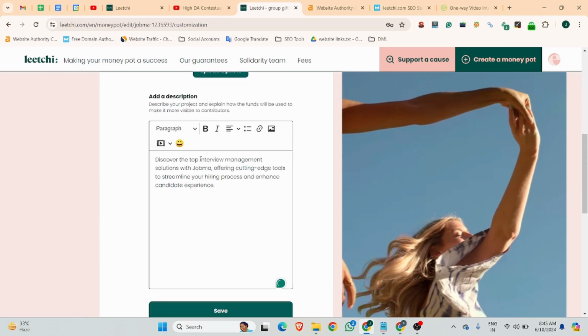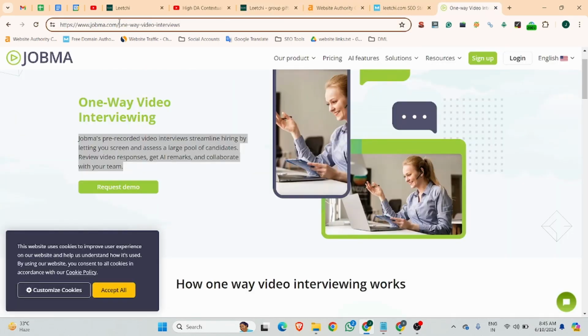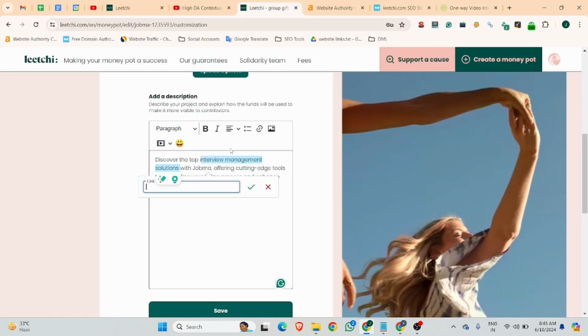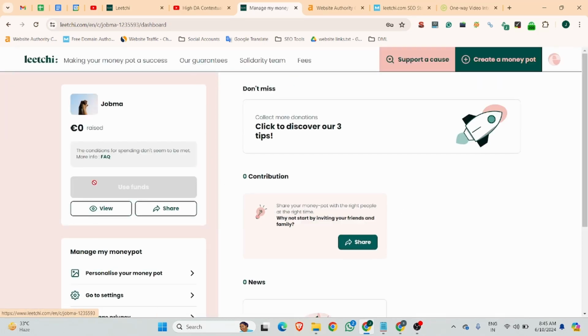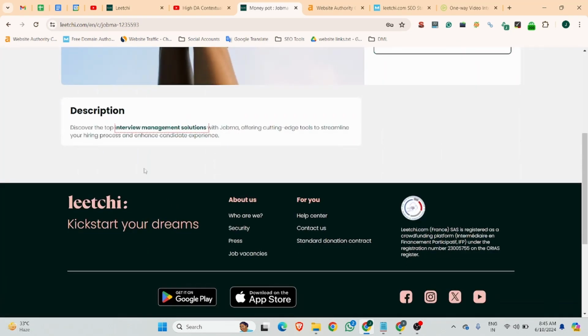Yeah. So from there you can add an interview management solution. For this we are going to add an index page URL. You can click and save, and this is our post backlink.